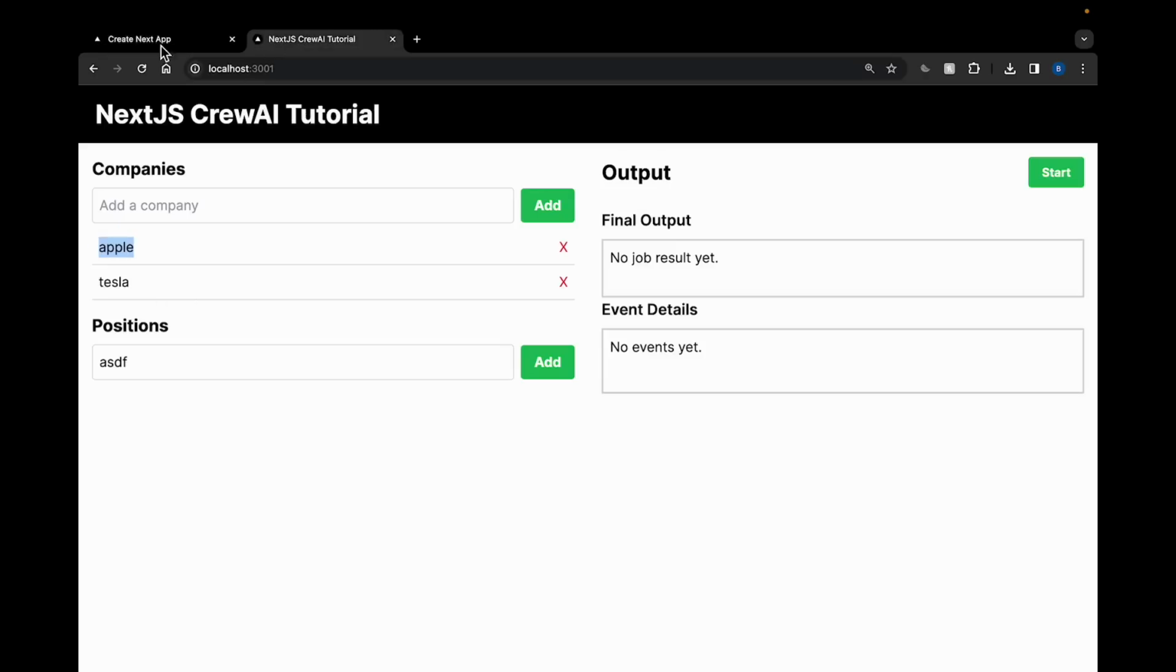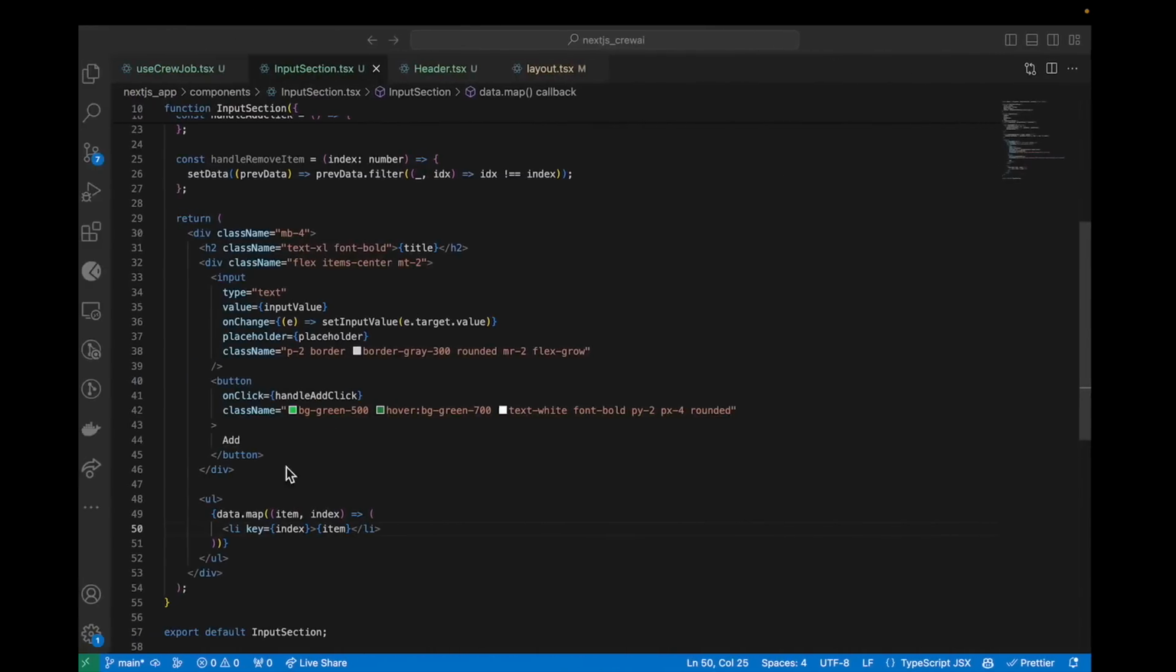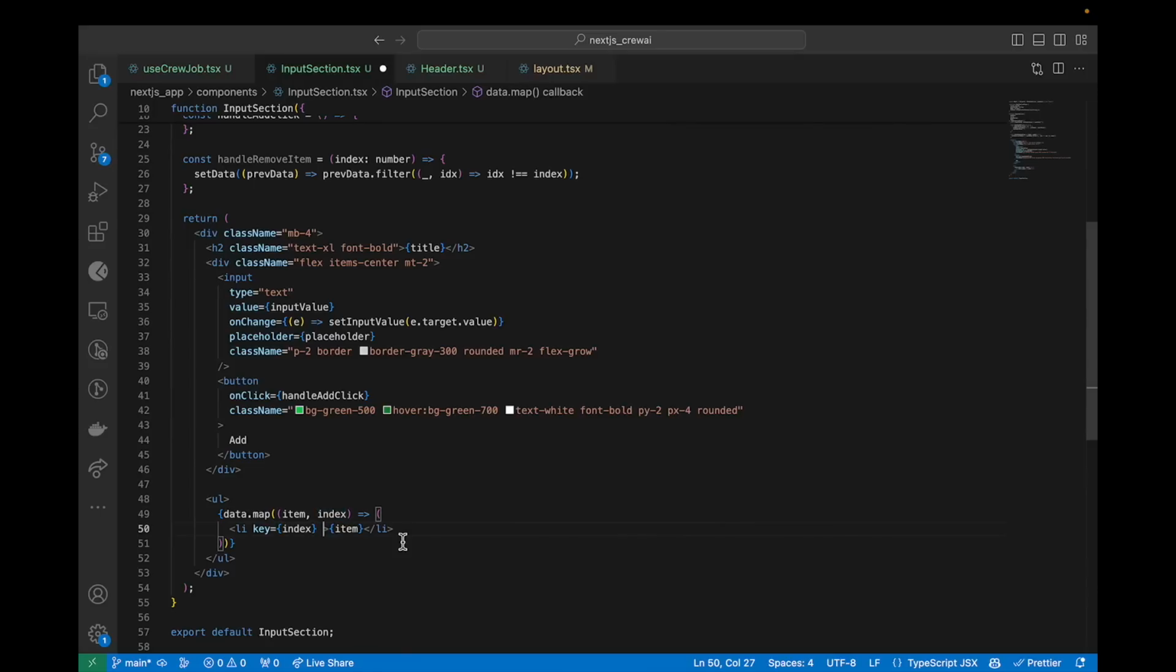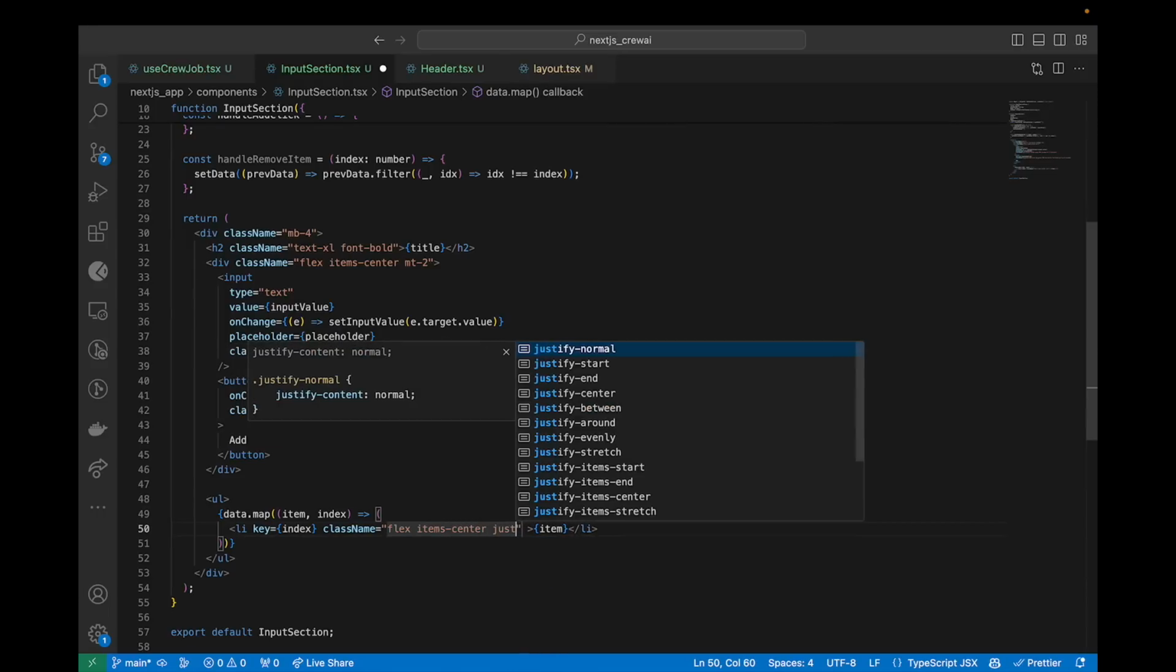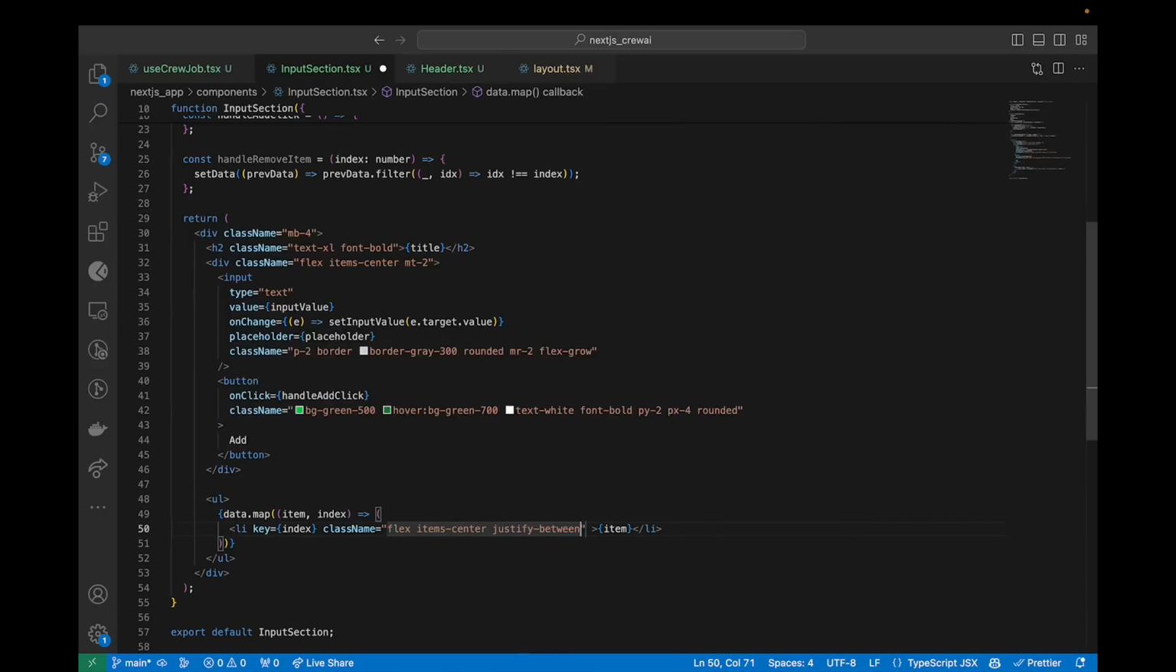Now we just need to make it look nice, just like this, and add the handle delete button. So here's what we're going to do next. We're going to add in some styling so this item looks proper. So we're going to say class name, and then we're going to, once again, use flex. And what we're going to do is center the items. We're going to justify between, which means I want you to put as much space between everything inside of this